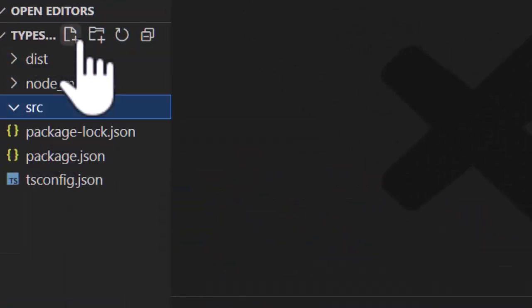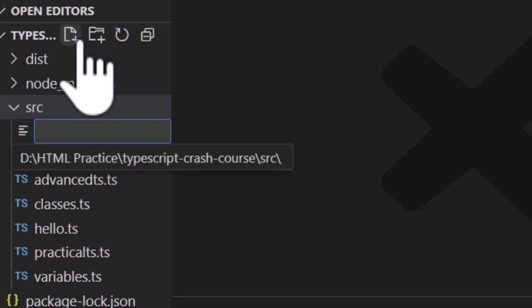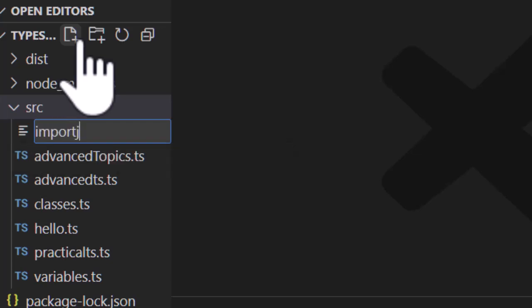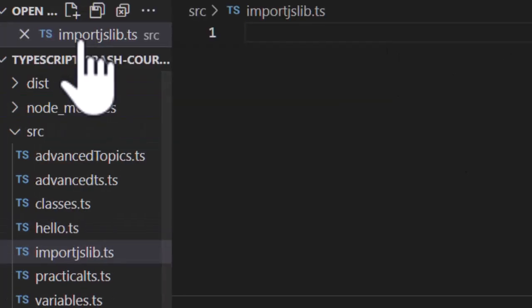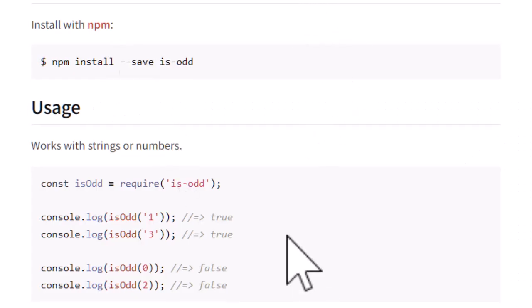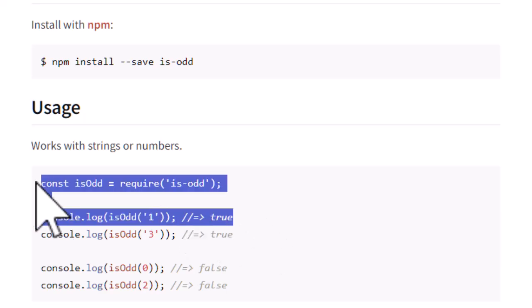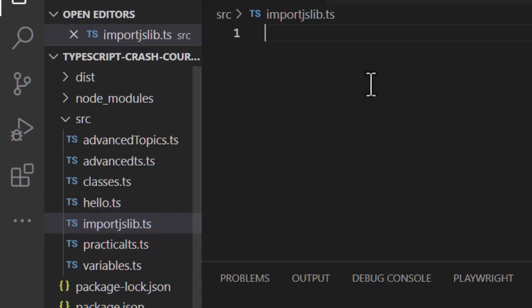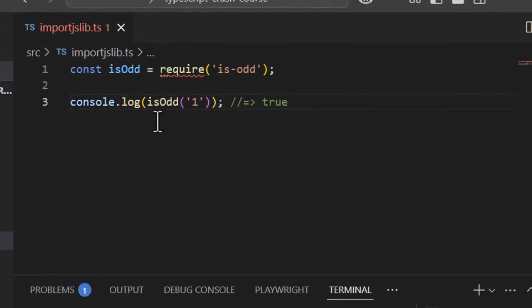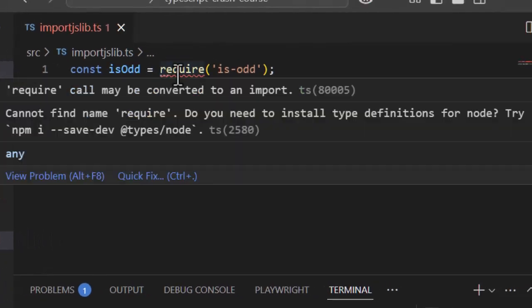So let's first get familiar with the type of issue that you are going to see. To do that, let's create a new file and try to use this library. So I'm going to call it import-jslib.ts. I'll go to their npm page, copy the usage example, and paste. Now I'm getting a red squiggly under require, and it says require call may be converted to an import. So the issue is that TypeScript is suggesting converting the require call to an import statement,